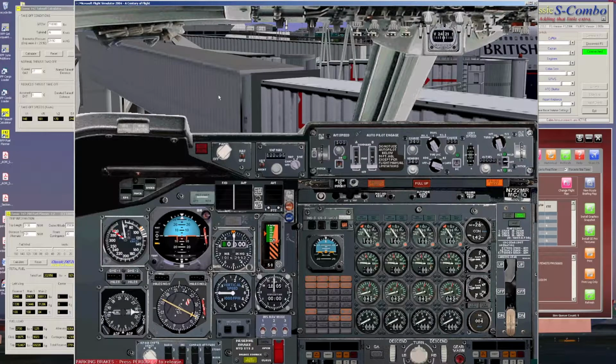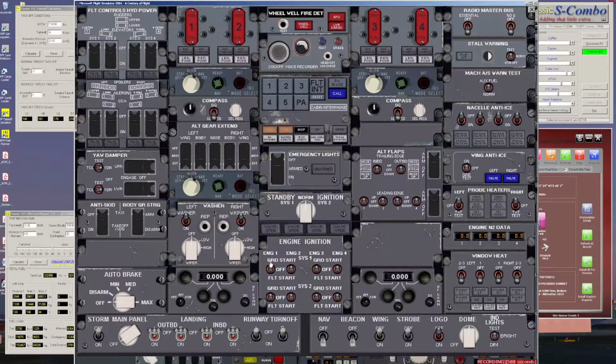Ladies and gentlemen, on behalf of the captain and his crew, may I welcome you aboard this flight. I would like to bring to your attention that the captain has now turned on the seatbelt sign, and if you haven't already done so...